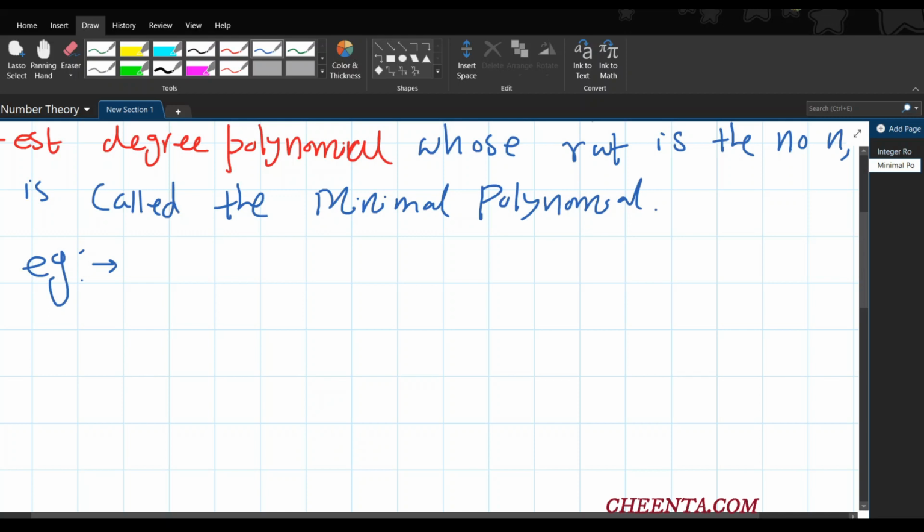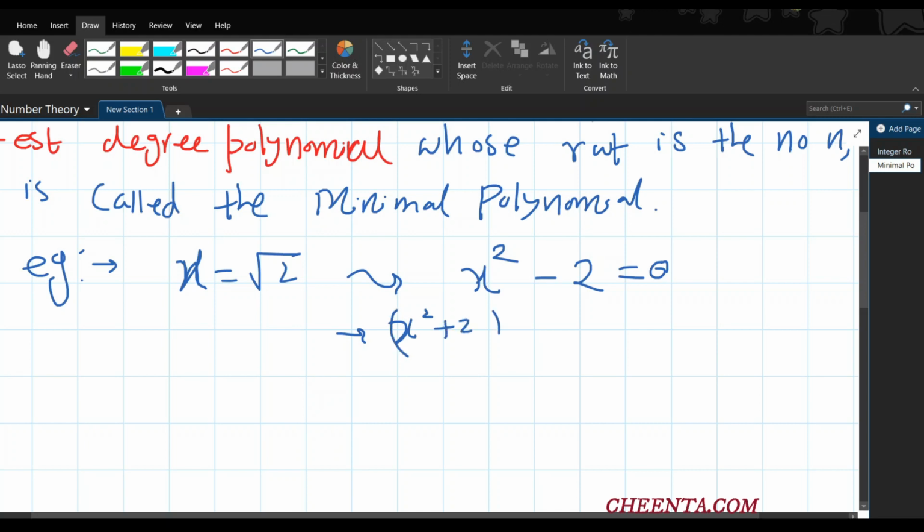So suppose we take this number, square root of 2. It is the easiest one. So we know that this square root of 2 is actually the solution of this particular equation. Okay, you guys know that, and we already see this. But you see that I can multiply both sides by this term, and I will have an equation like this, and square root of 2 is again the solution of this particular equation.